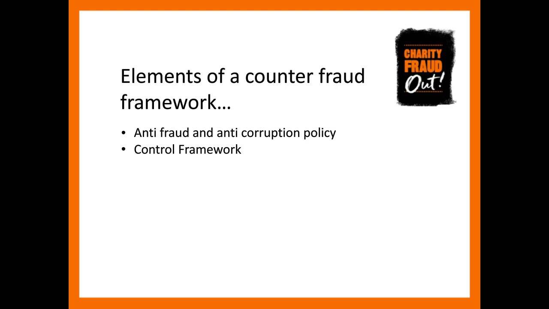But even if you have the best control framework in the world, you're likely to experience fraud at some stage in the organization. So you then need to know about it. You have to have a mechanism that allows you to know through a reporting and recording mechanism. Now, most organizations should be able to set up something internally to make it fairly simple for staff to report suspicions or concerns. But I would also recommend, as an addition to that, setting up a whistleblower line.